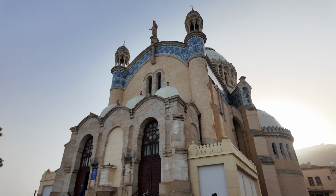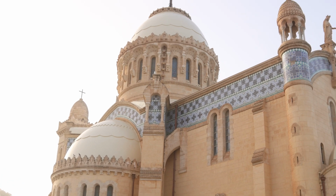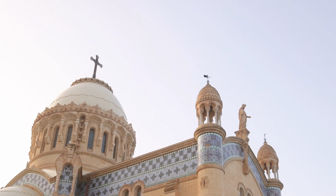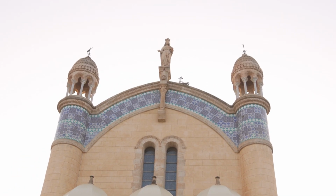We have just driven across the city of Algiers here, and we have driven up another hillside to the Notre Dame d'Afrique, which is the main cathedral here in the city of Algiers, a country that has about a 1% Christian population. So you're mostly going to have mosques throughout the city,